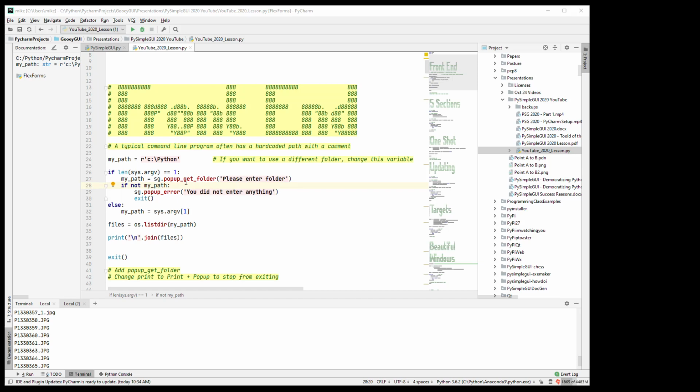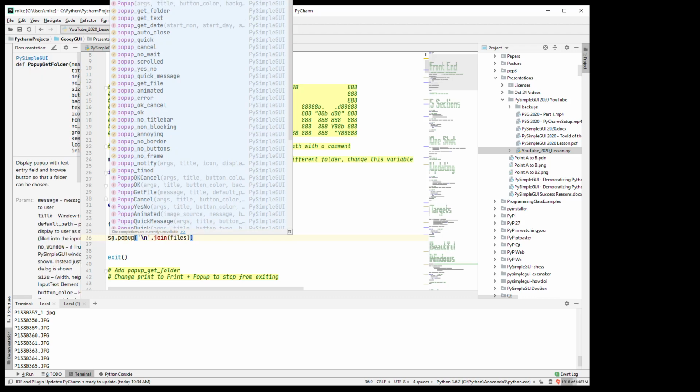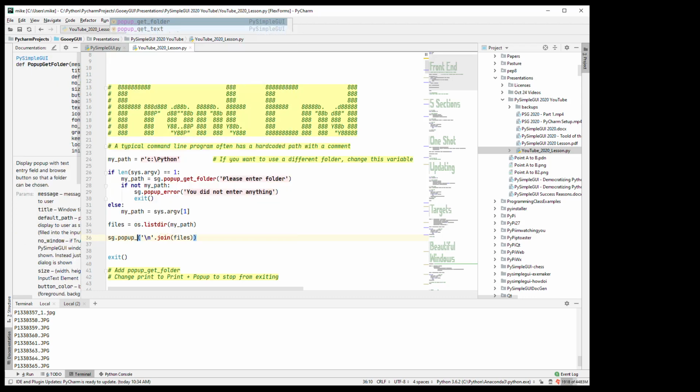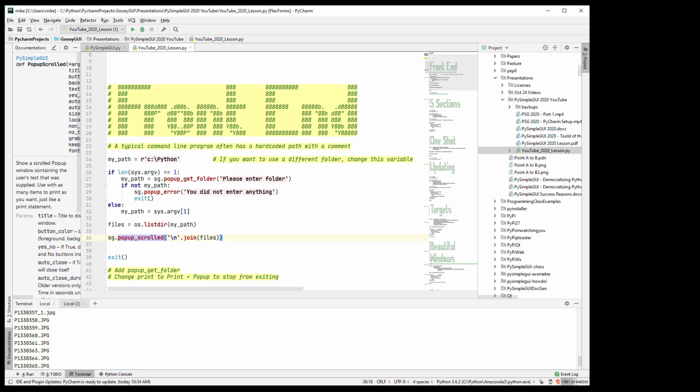Let's say that instead of working with the command line to launch this thing, they're going to double click the icon and not see any console at all. That means this print now won't go anywhere useful. So let's make it do a pop-up. And there's a couple of interesting ones. One is a scrolled pop-up. And what that will do is,